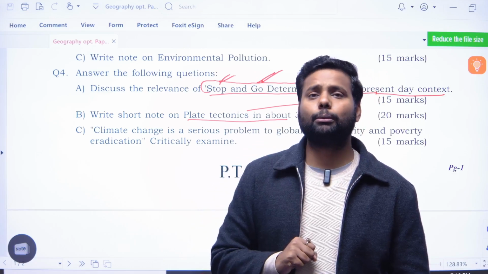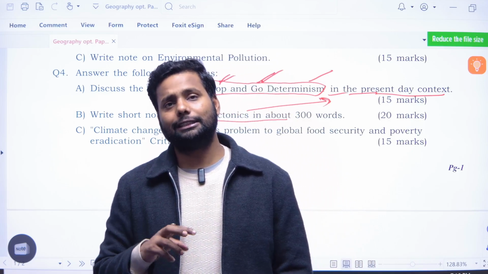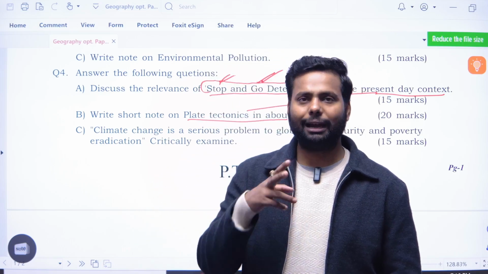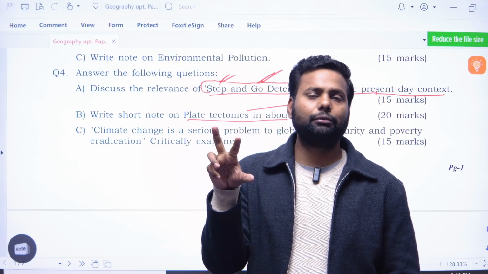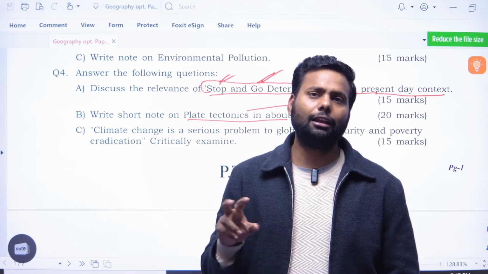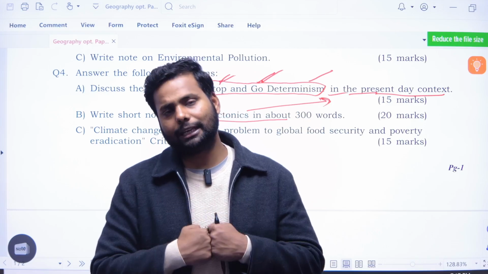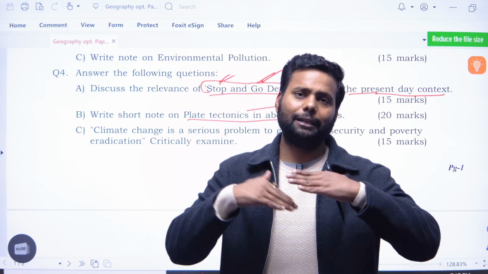focus on the mechanism of plate tectonics. There are three types of movement: one is convergent, second is divergent, and third is parallel movement. So you have to mention all the movements. When the plates are converging, we all know that the heavier plate subducts under the lighter plate. When the plates are subducting,